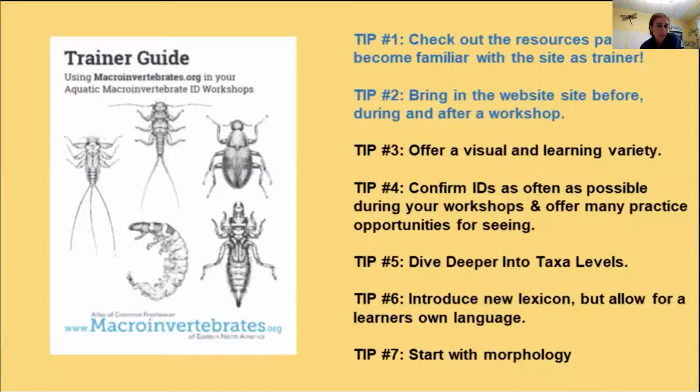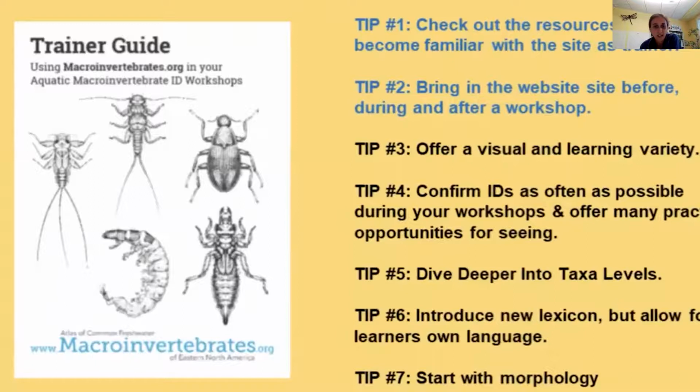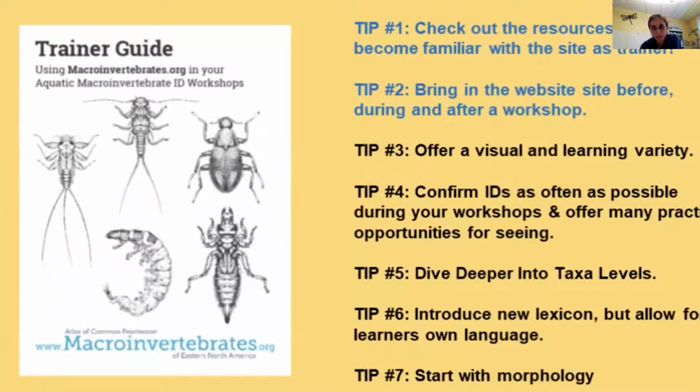We actually conducted a trainer survey of biological macroinvertebrate trainers across the US, and we found that at most of their trainings, they offered little to no technology. So that was a reason to have more support and more tools, such as the app that we're going to go over today, to offer to a volunteer. Tip number four is, as a trainer, have some type of confirmation on the identifications, these IDs, with as many practice opportunities to get that as possible. Whether it's in person or, as we showed you, on our quiz, that quiz offers those ID confirmations.